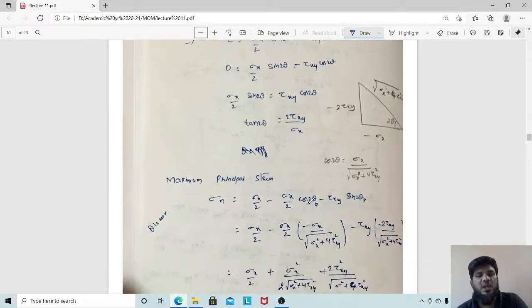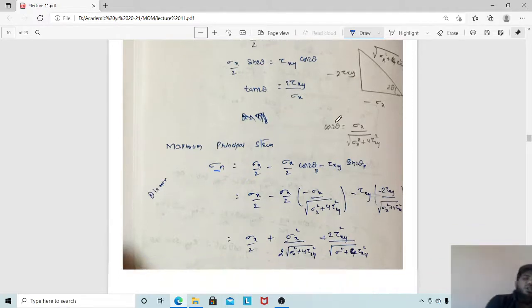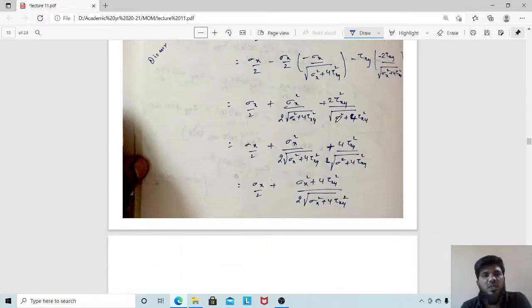You can take this value and identify the sigma n. Once you substitute tan 2 theta is equal to 2 tau xy by sigma x, and whereas here we are having cos 2 theta. From this triangle you know that tan 2 theta is nothing but opposite by adjacent. What is opposite here? This is opposite, this is adjacent. Substitute opposite 2 tau xy. What is adjacent? Sigma x. So these two can be negative, then this value will become positive at one point. If both are positive, then also it will become positive. So I am taking both the cases, then whatever value is coming more, that is considered as sigma x.